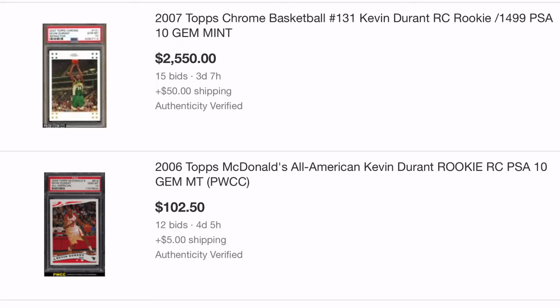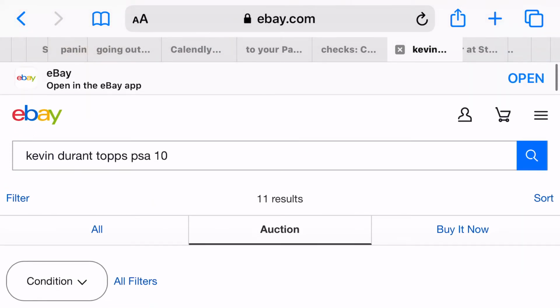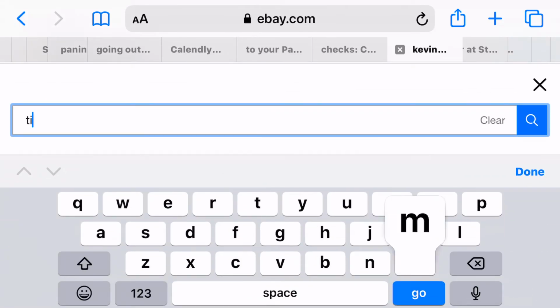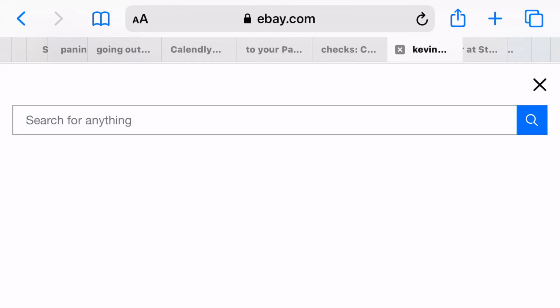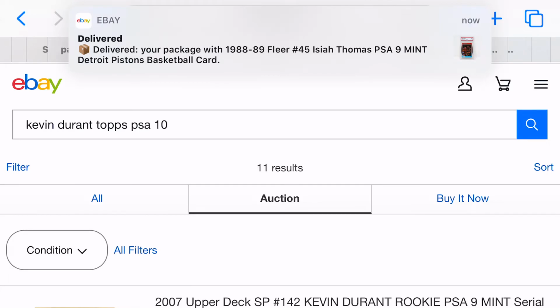And then the fifth and final mistake was picking good, solid players with no hype. For example, LaMarcus Aldridge, Tim Duncan, all of these guys, sure, they're phenomenal players, but they have no hype around them. Their cards are not really going to increase, because at the end of the day the demand's so low. Nobody cares as much for a LaMarcus Aldridge rookie as someone who's maybe not as good, like other players who have a little bit more hype,